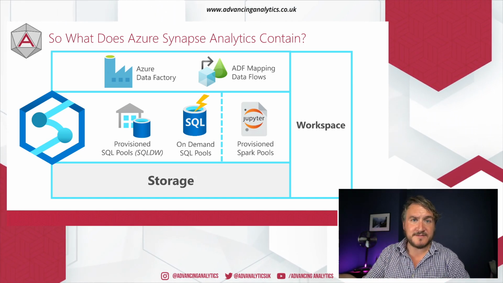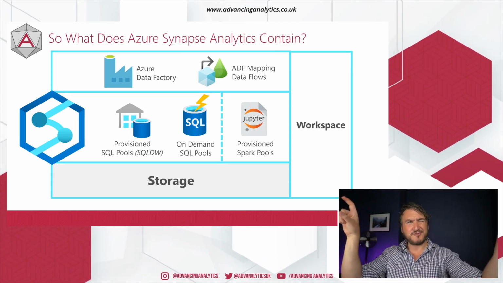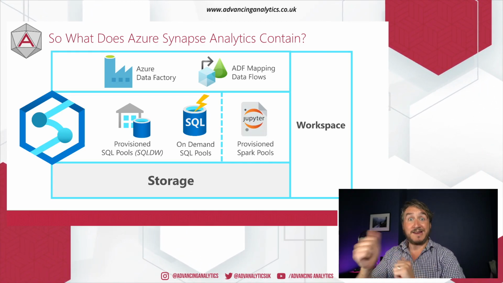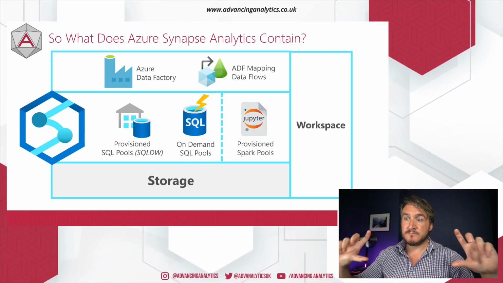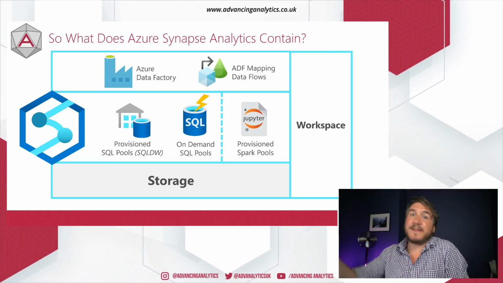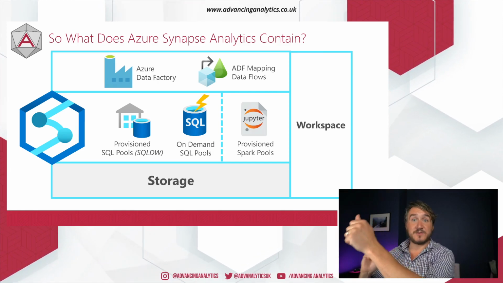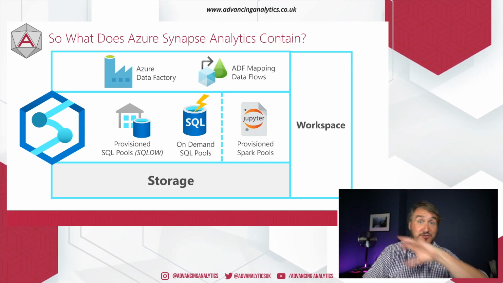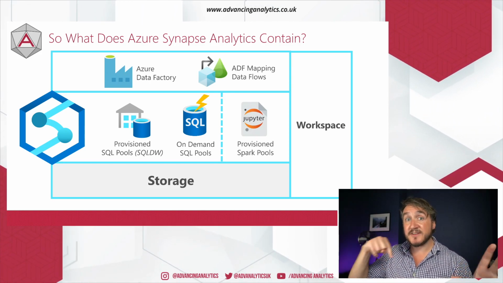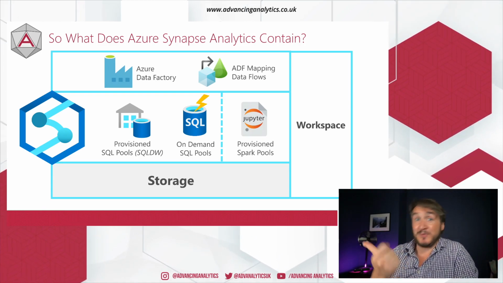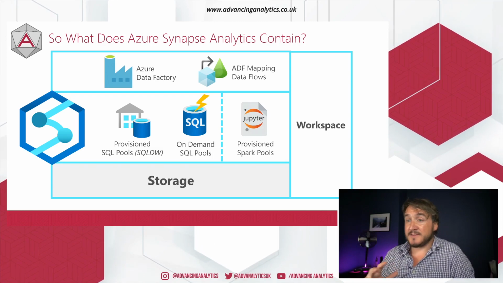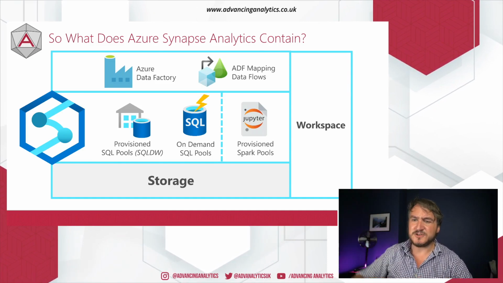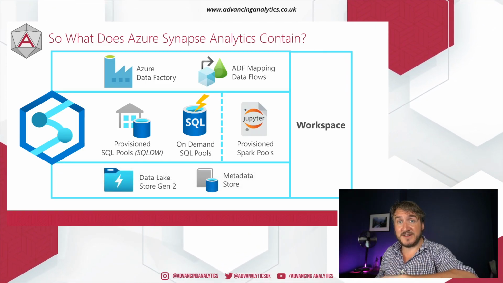You also got ADF mapping data flows. Now, I've kind of put that in orchestration, but actually, it's another flavor of compute. So mapping data flows is a draggy-droppy, GUI-driven Spark engine, essentially. Like in the old days of SSIS, I can say, well, take some sources, combine these, do some aggregations, do a lookup, write it out to another source. And I can drag and drop and do all that. When I hit go, that runs on a Spark engine, which again has to be provisioned, will stay alive for a certain amount of time and gets charged for. So some different compute options, but that's kind of baked into the orchestrate layer, but it's kind of a fourth compute choice.